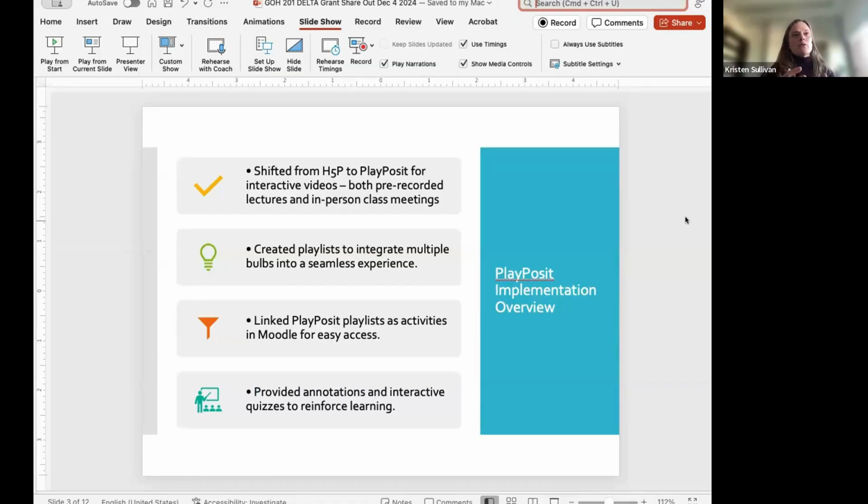to add interactive components into recorded videos. So both the recorded lectures that I had students watch online, in between our in-person class meetings, that was the way this hybrid was, with 2 short in-class meetings every week, and then they would engage with materials online in between. So being able to do